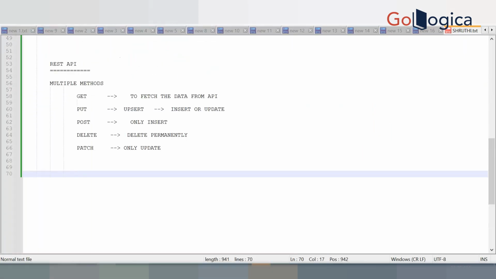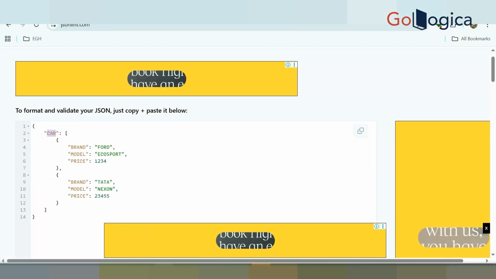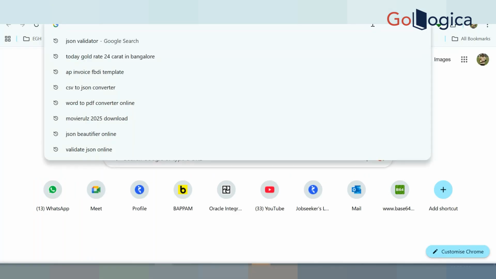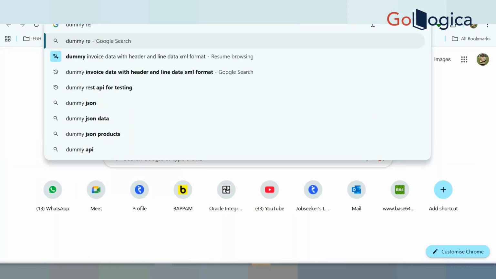Then we can see a few dummy endpoints and how they work. These are dummy REST APIs for testing. But we have to write code for a REST API, right?